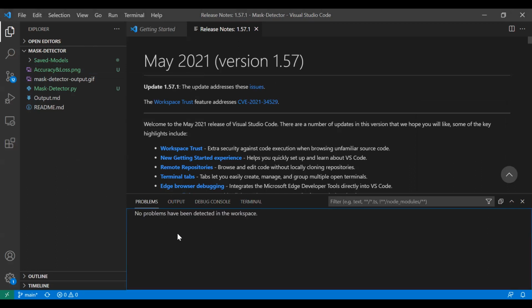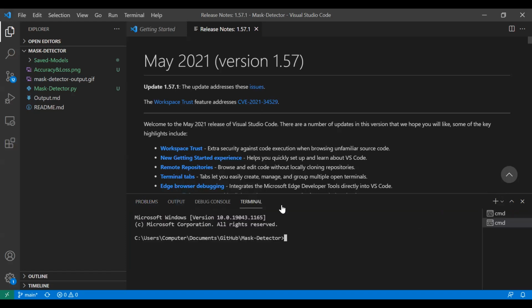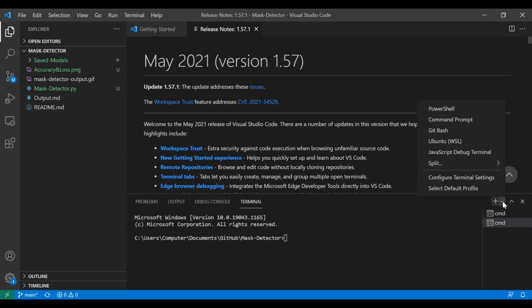So the terminal here is PowerShell, and it can be different. For Windows, the default is CMD, and sometimes some users might have PowerShell. Subhash in this case has CMD. So what you can do is go to configure terminal and change the terminal to the one that you want.